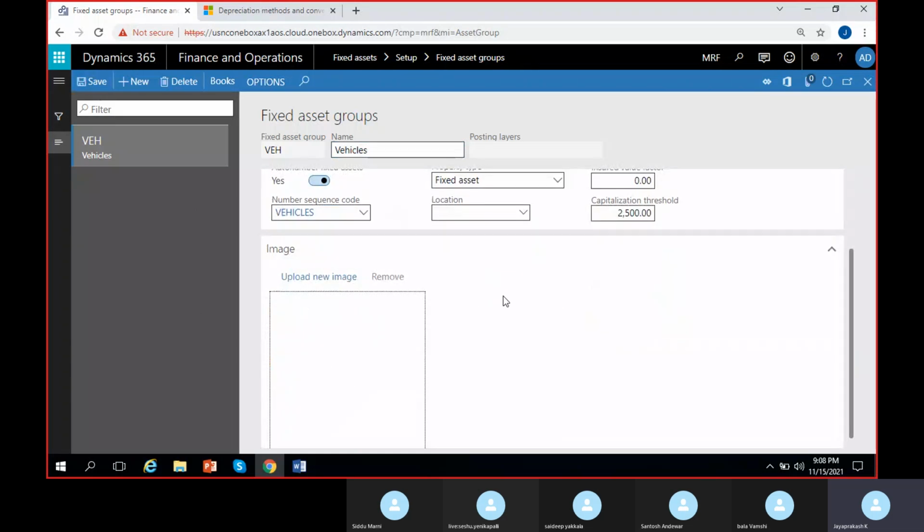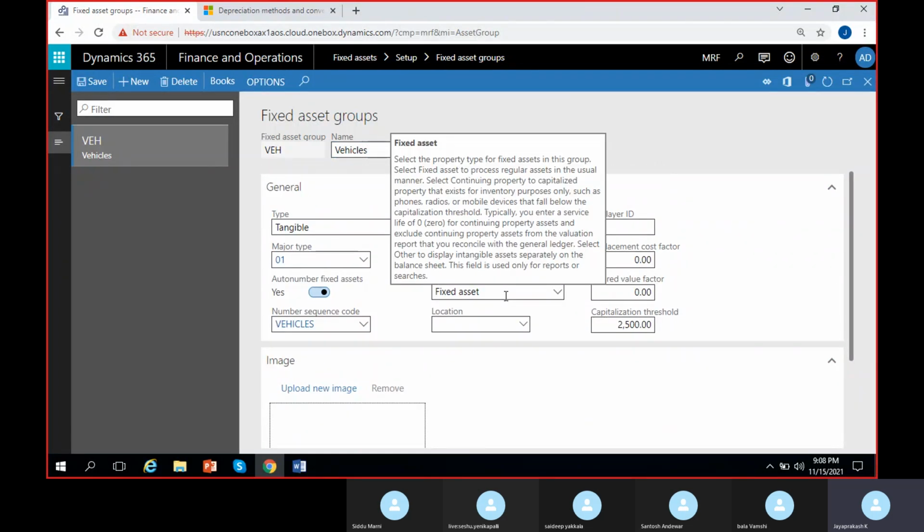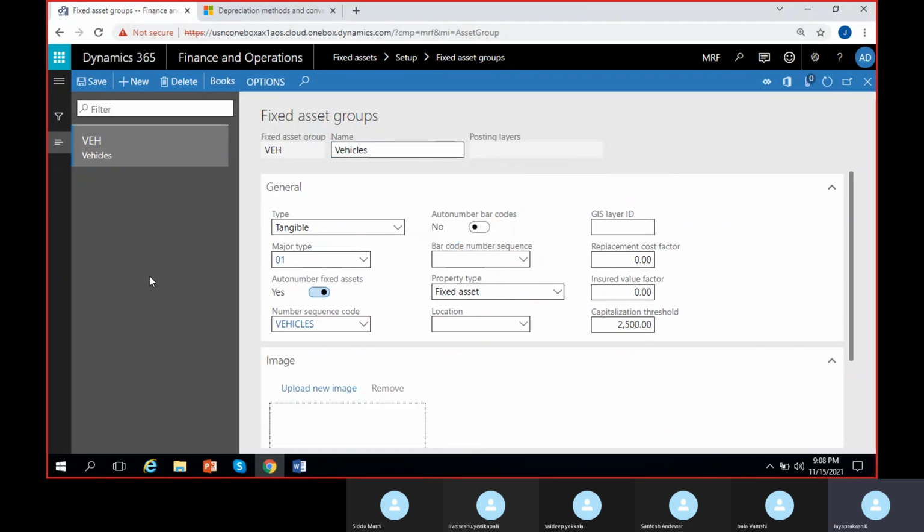That's all we have in vehicles. Okay, there is another configuration. We can link books to this particular groups of fixed assets, which we will discuss tomorrow after creating books. You can also create one more fixed asset group here as you wish. So there will be at least 4 to 5 in a business, or more also you can see. So I'll just create it as